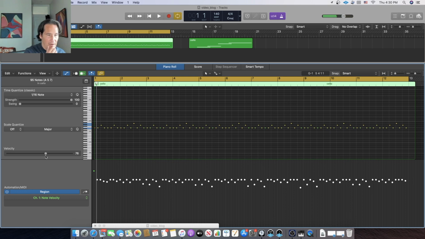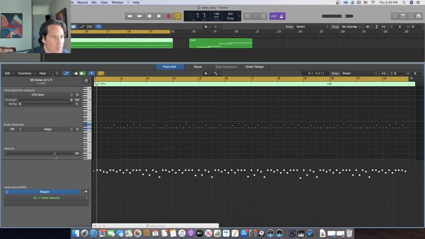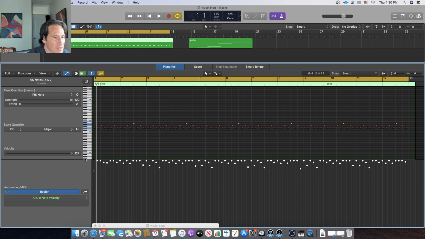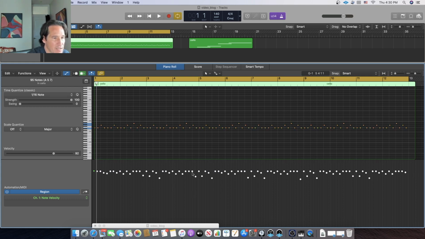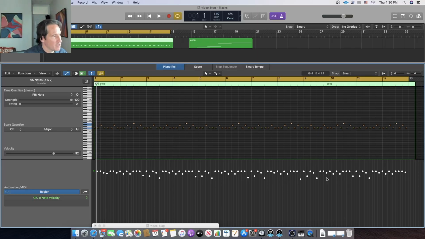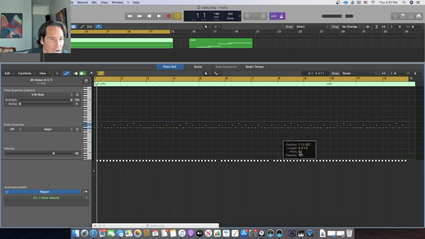Now, again, I won't go into tremendous amount of detail here because this is just a quick video, but the one thing I will say, as you start moving these around, I don't know if there's a way to get around this, but see how you want to keep the velocities, you want to vary them. No player is going to play the same velocity level for every time they strike the instrument. So be sure to be aware that you don't want to, for example, see if I can do this. Yeah, that's going to sound,